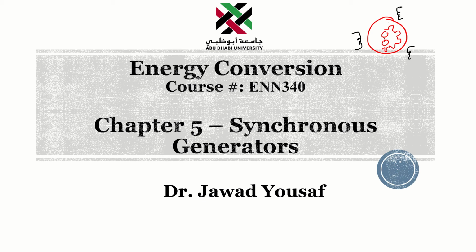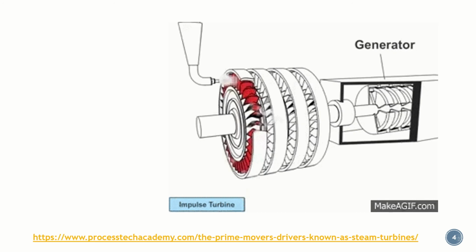And the rotor is rotated by a prime mover. Prime mover means, for example, this rotor is attached with a turbine, like see here. So this is an impulse turbine basically. This turbine is being rotated here, and then it is supplying the mechanical power to the shaft of the rotor.